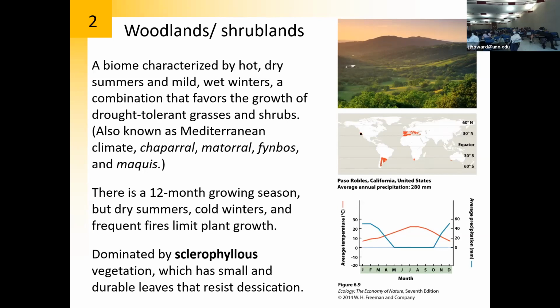The wildfires in Greece that are currently going on, that's Mediterranean biomes. There's a summer drought, and the vegetation needs to be burned for their seeds to germinate. Okay. The summers are dry here. So these are drought adapted plants. And this is a typical scene in, I think this is California, but